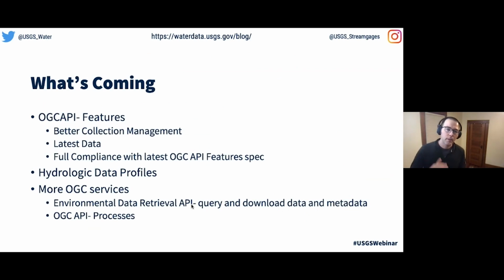So what's coming? On OGC API features, we're expecting to have better collection management. And as the USGS modernizes its monitoring location data model, we'll be able to better manage those collections of locations, providing better context and more useful groupings. And we'll be figuring out new and additional ways to get the latest data for a location, including potentially integrating data from Sensor Things into OGC API features